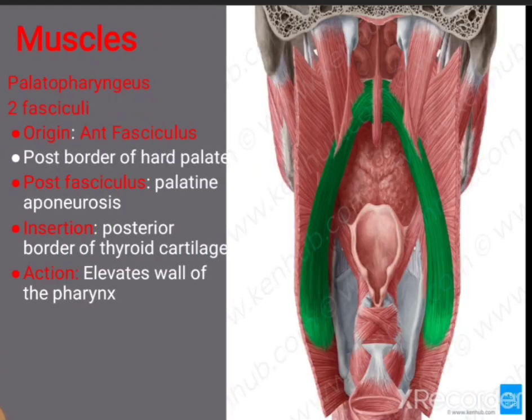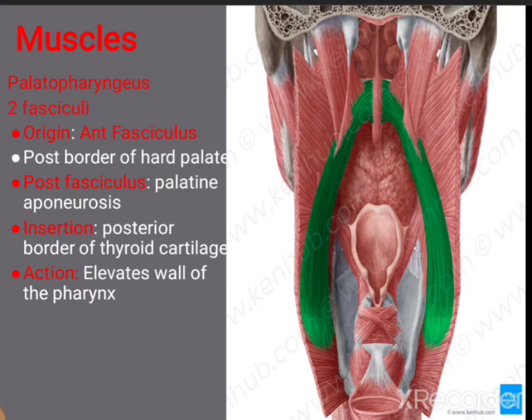The rest of the muscles of the soft palate are palatopharyngeus. There are two fasciculi of this palatopharyngeus muscle. This is highlighted in this diagram. And the origin is from anterior fasciculus, that is posterior border of the hard palate. And posterior fasciculus, this is inserting on the palatine aponeurosis. Insertion of this muscle is on the posterior border of the thyroid cartilage, and the action of this muscle is